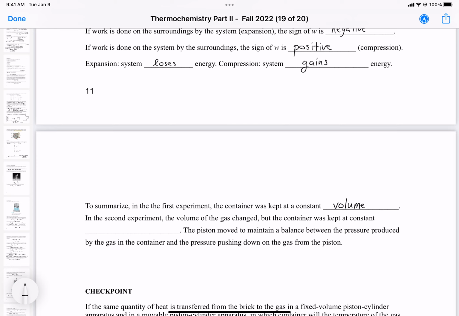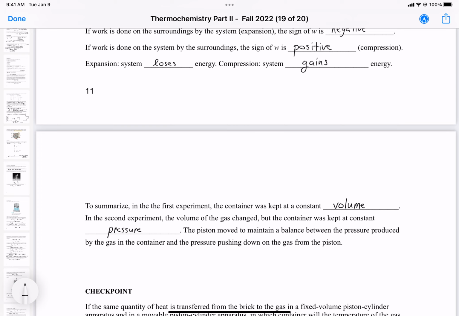But the container was kept at constant pressure, because even though the gas molecules are going to increase in pressure due to temperature, since the piston can move up, the pressure is going to remain constant because the volume